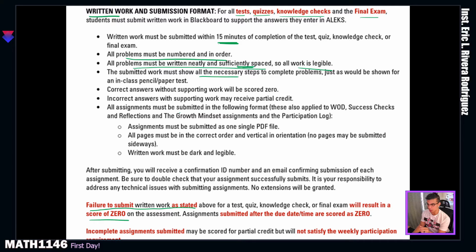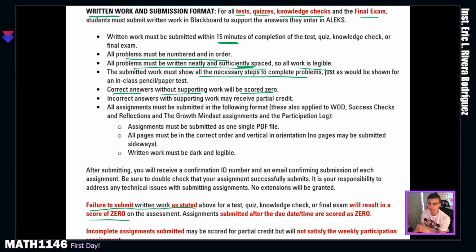You need to show all the necessary steps. Okay, if you don't show all the necessary steps, you are going to miss points. Remember, it is not so important the final answer. As long as you have good steps to show your thought process, that is what is going to give you most of the points. The final answer is going to be 1 or 2 points at most. All the points for an exercise or the credit are in the steps to solve it. A correct answer, but no supporting work, would be scored 0.